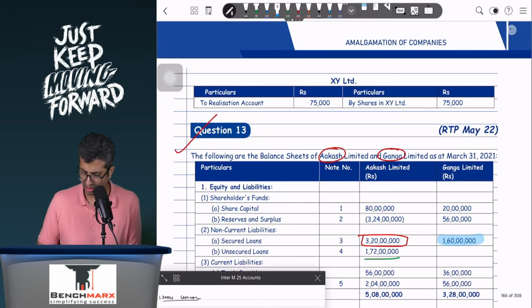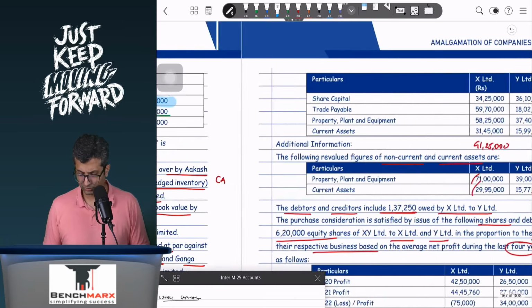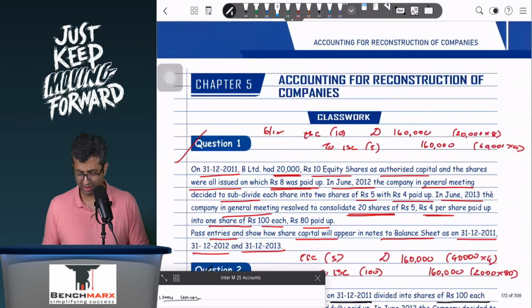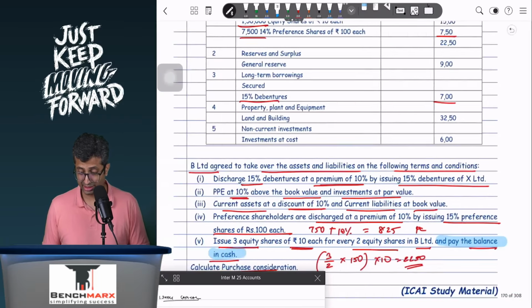It's a slightly contentious thing regarding net assets. Other than that, everything else does logically make sense. So this is question number 13. Now, before you go to question number 17 or similar questions on these lines, this is based on the